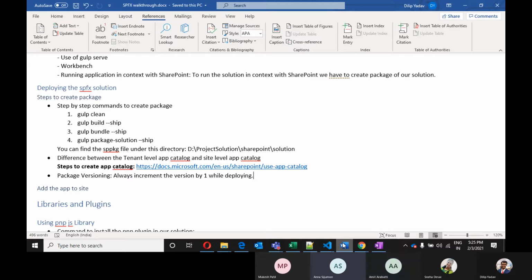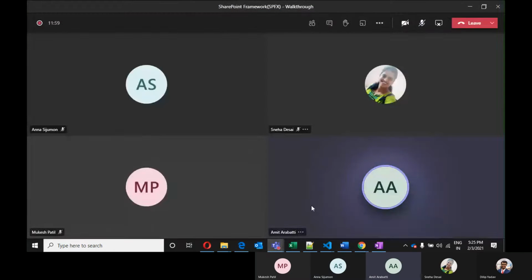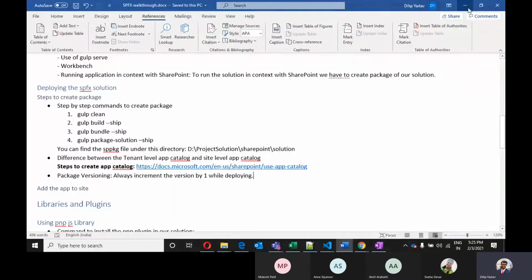Okay, I will do that. Just tell them I need this software as soon as possible, starting next week. These are pre-approved softwares actually. All right. Yeah, Dilip, go ahead.